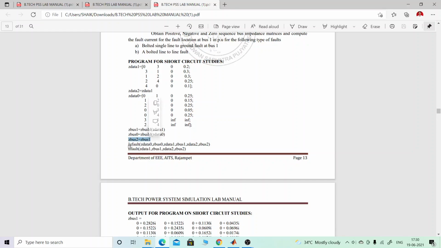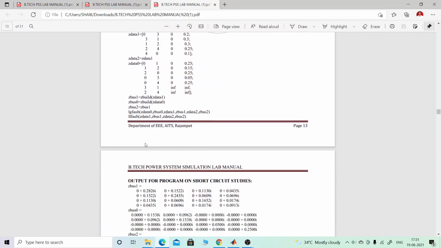And we are assigning the matrices, that is LG fault is equal to Zdata 0, Z bus 0, Zdata 1, Z bus 1, Zdata 2, Z bus 2. Because for the LG fault we require all these three terms, the zero, positive and negative sequence matrices.